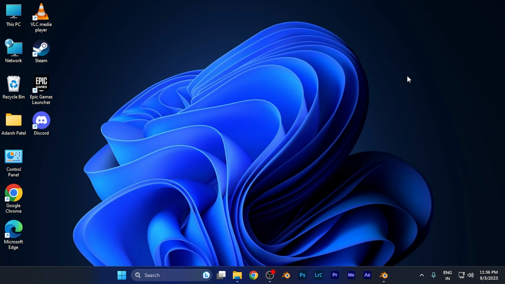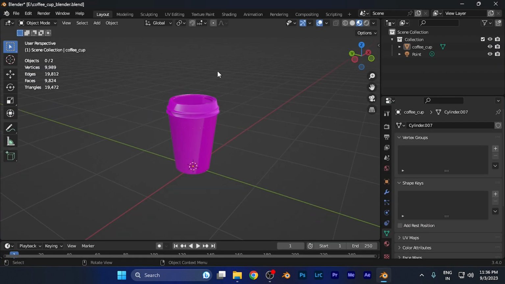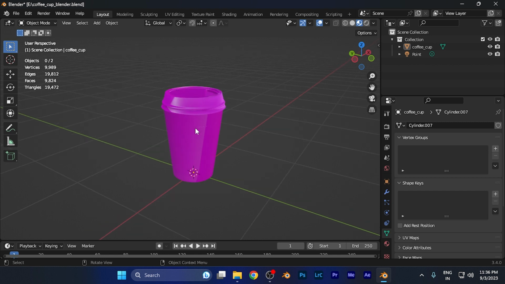So hey everyone, in this tutorial we're going to discuss how you can change the scale of an object in your Blender workspace. So first of all, you need to open Blender on whatever platform that you have been using. For example, if I open this on my Windows PC, now this is my Blender workspace, and if I want to change the scale, or I can say if I want to resize this model, I just simply need